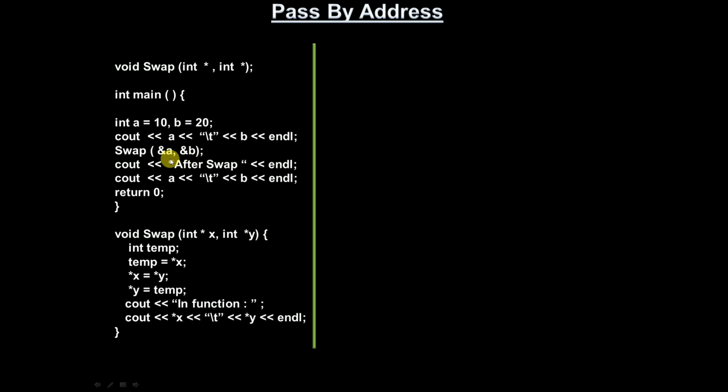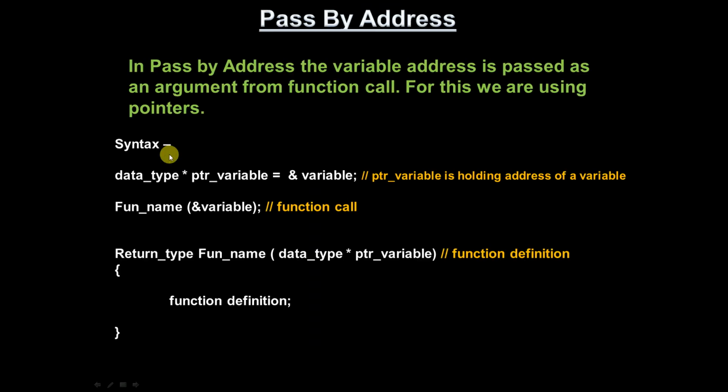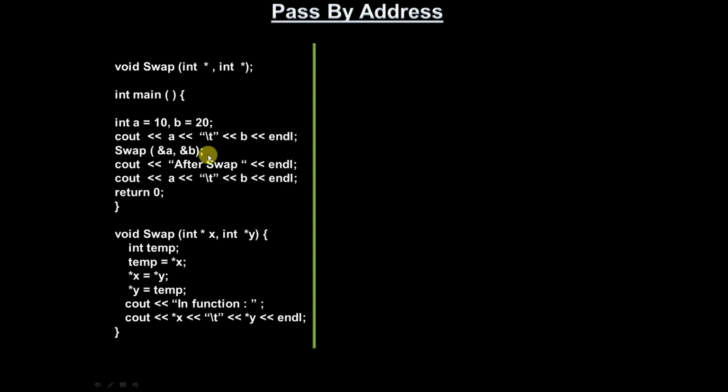In the function call, the right hand side, that is address of variable, is present: swap address of A, address of B. It is the same program we discussed in the previous session, but that was pass by value and this is pass by address. So here void swap int star in the declaration, in the definition you take int star x, int star y, and while calling the function we pass address of A, address of B.